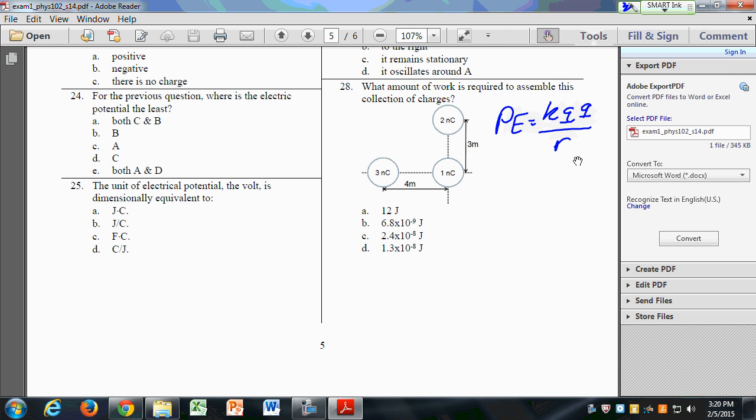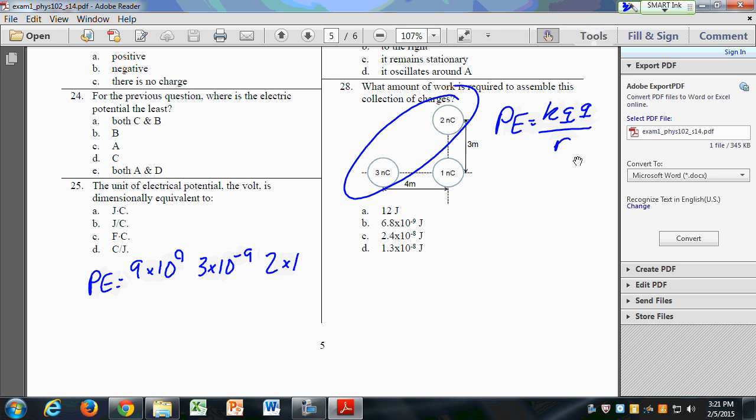Right, and I can think about this collection of charges as three separate pairs of charges. And then when I calculate the potential energy, I calculate the potential energy of one of those pairs, a second of those pairs, and a third of those pairs. And then the total potential energy is just the sum of those three numbers. All right? And then the work required is equal to the potential energy. So, for example, if I take the potential energy of these two charges, that's 9 times 10 to the 9th, 3 times 10 to the minus 9, 2 times 10 to the minus 9,